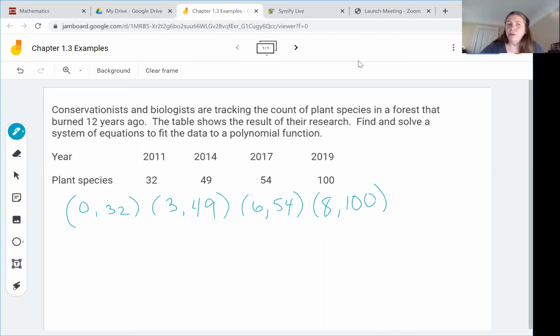So our year started 2011, so we are going to let 2011 correspond with year 0 in our data. We don't want to go back to the beginning of the calendar. So we are going to say somewhere here that x is the year since 2011, so that 2011 is our year 0. You can see here, I've written the points out as (0, 32), (3, 49), because 2014 is 3 years later, (6, 54), and (8, 100). So we have 4 data points here, so we are going to be modeling this with a third-degree